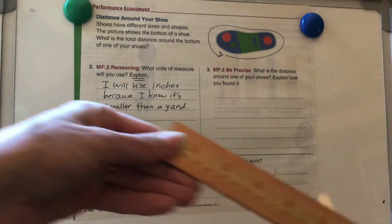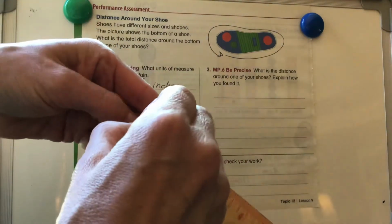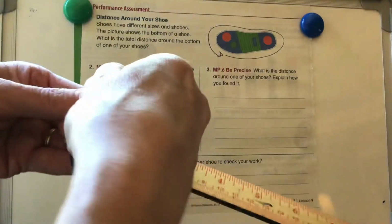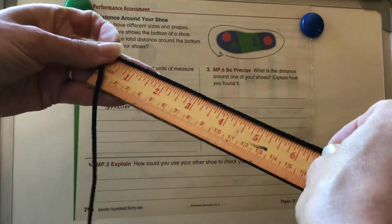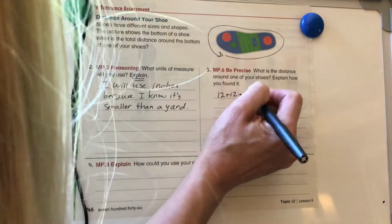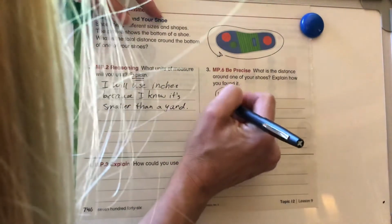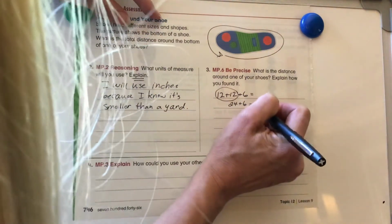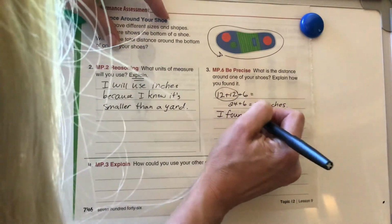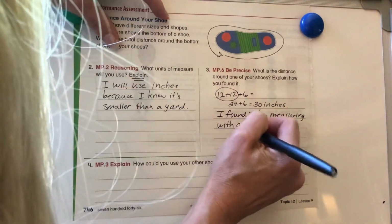So I've got my ruler here, and it's 12 inches, so 1 foot, 2 feet. Oh my goodness, I maybe should have used a yardstick. 2 feet and 6 inches. So I have 12 inches plus 12 inches plus 6 inches is how big this shoe is. Now your shoes should not be this big. If they are, holy cow. So I know that this is 24. 24 plus 6 equals 30 inches. Okay? And I could say I found it by measuring with a string